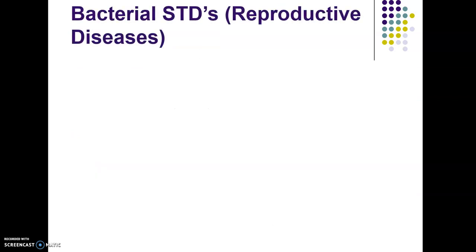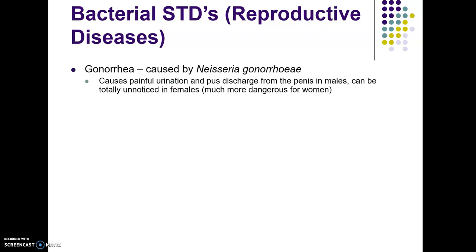Okay, so bacterial STDs, or reproductive diseases, and again, the more technical term is STI, not STD. Gonorrhea is caused by Neisseria gonorrhoeae. It causes painful urination and pus discharge from the penis in males, but it is most often asymptomatic in females, because the urinary tract and reproductive tract in females are separated. So it's usually asymptomatic, and it is therefore much, much more dangerous in women, because they can have gonorrhea and